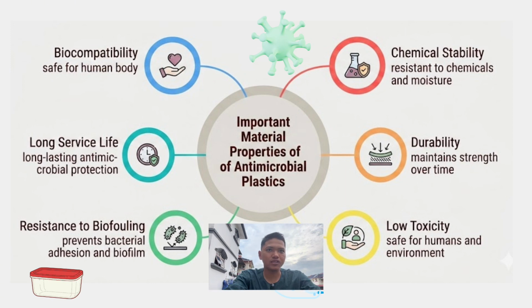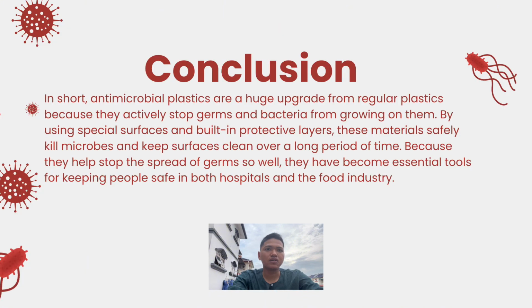I want to give an example like a food container. What type do we need to use for a food container? If you use the leaching system, the food cannot be eaten because it has chemicals in it. I think the best type of antimicrobial plastic for food containers is the surface modification system. The importance of this antimicrobial plastic is for medical use, of course, and food industry applications.